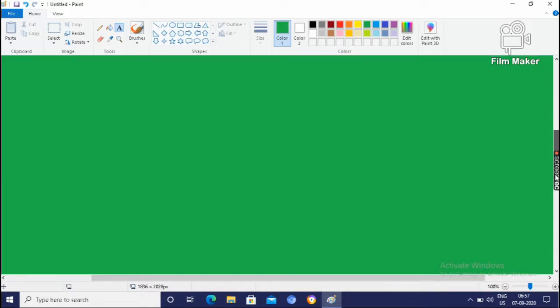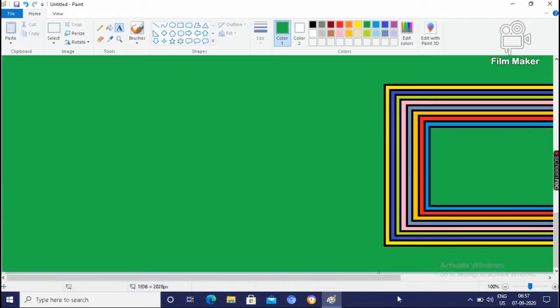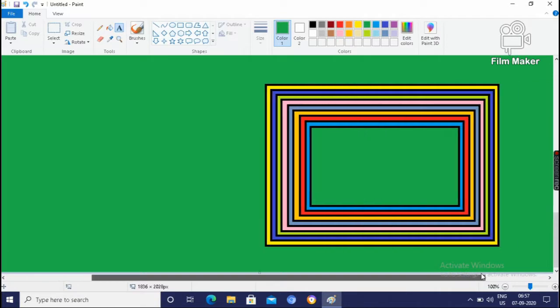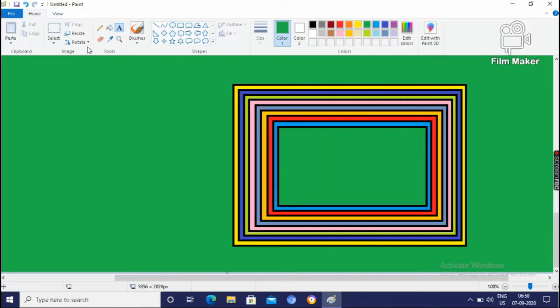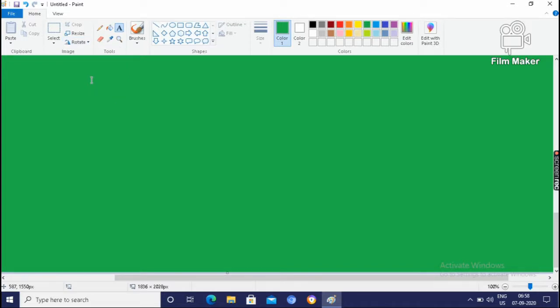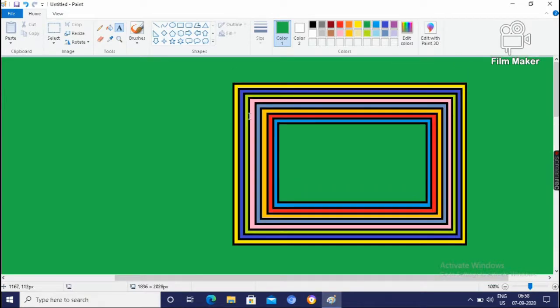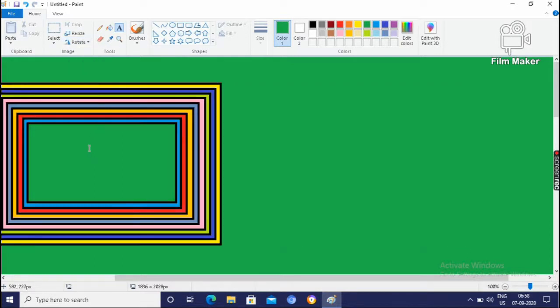By scrolling you can have the view. Then there are 4-5 options. Flip vertical, you can have the view. Click vertical, and similarly click horizontal. Flip horizontal.